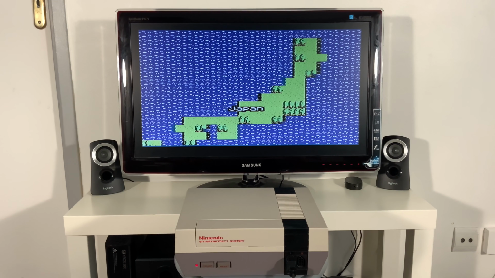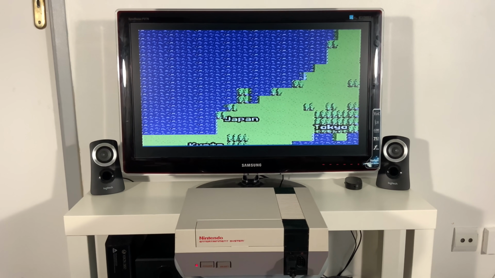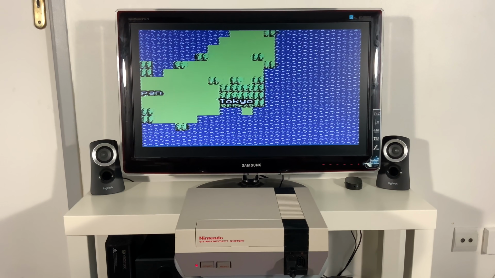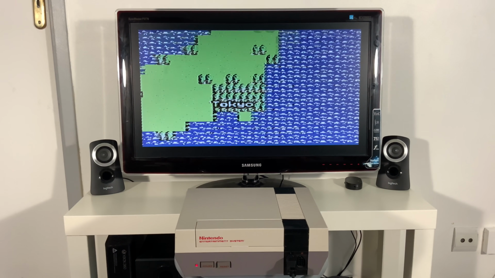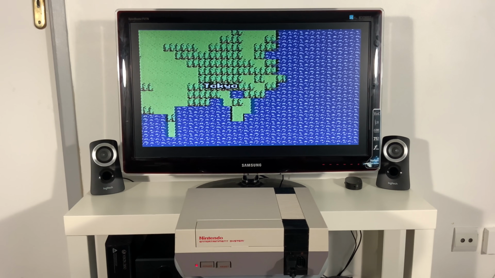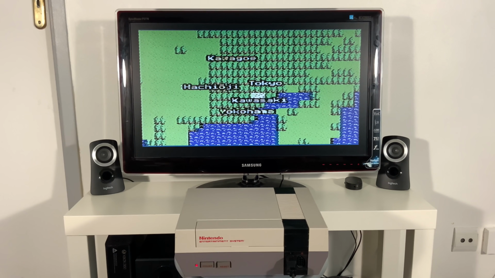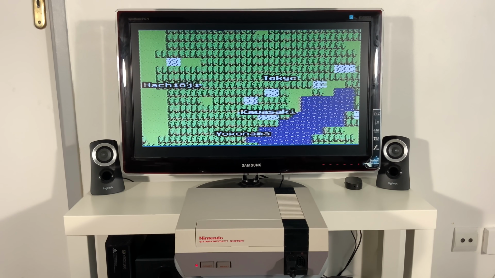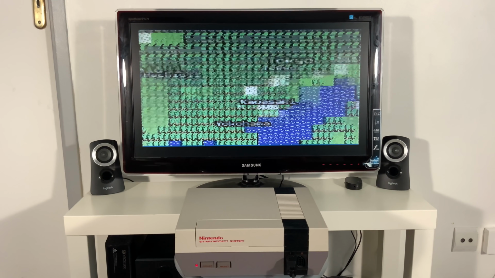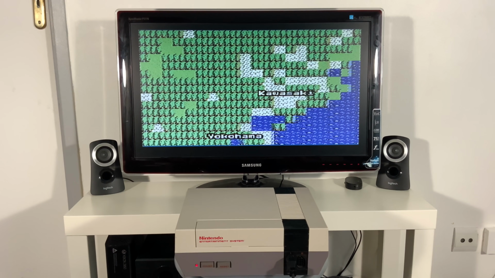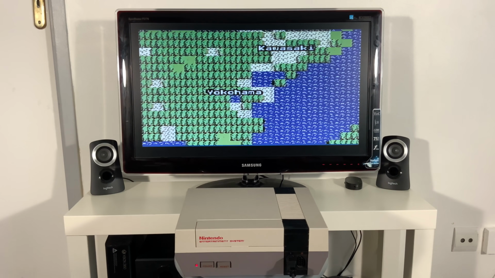So let's see, for example, the surroundings of Tokyo, or should I say Blokyo? Anyway, let's zoom in a little bit and we can see a few cities around Tokyo, for example Kawasaki and Yokohama. And I guess that will be it for the demo.